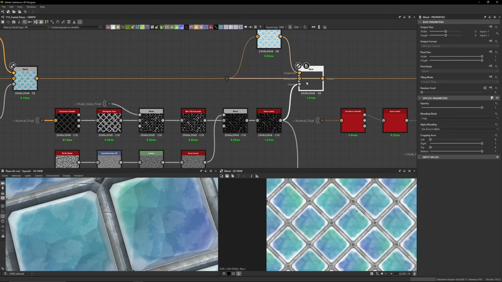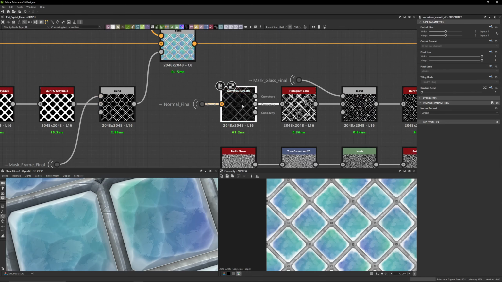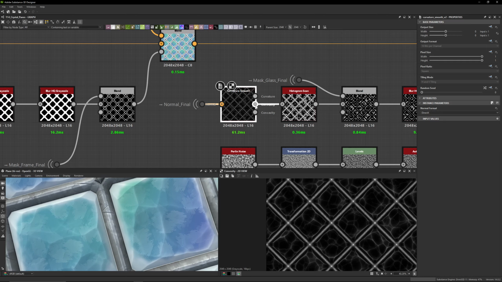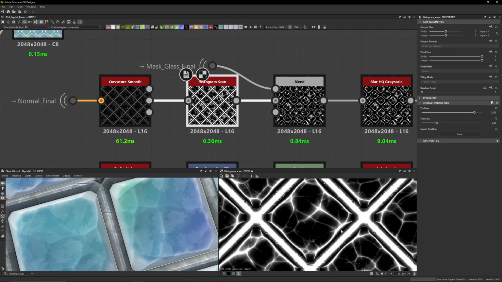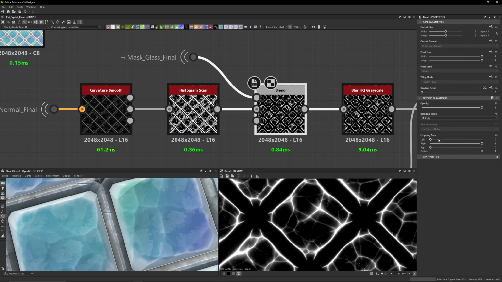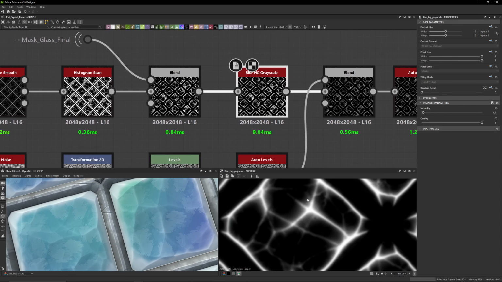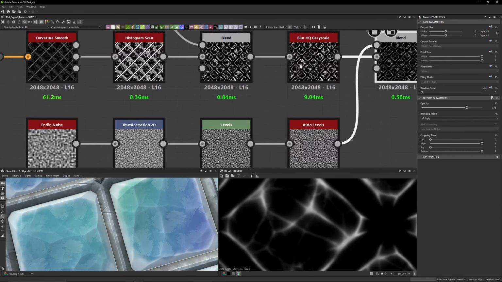So then next here we have some highlighting on the high points of the crystal. So we take our normal final again, our curvature smooth. We take the convexity channel again, and then we scan it. Then we take our glass or mask glass final, multiply out what we don't want, so the frame, and then we blur it, and then we multiply by 0.75, and we multiply,